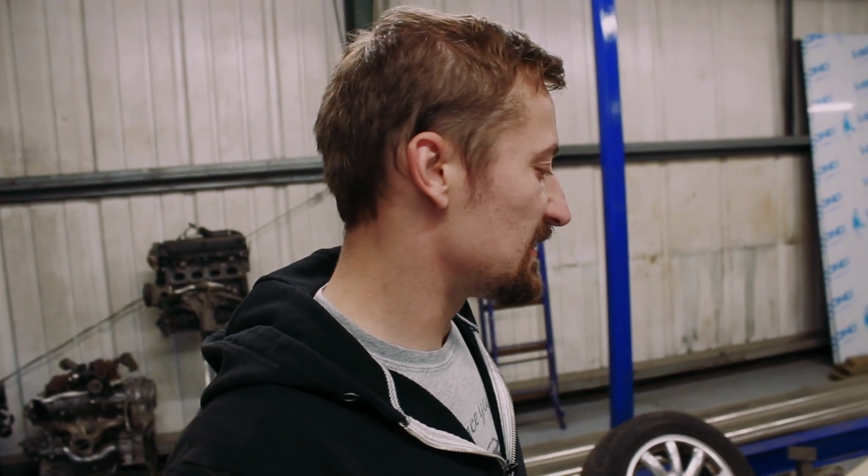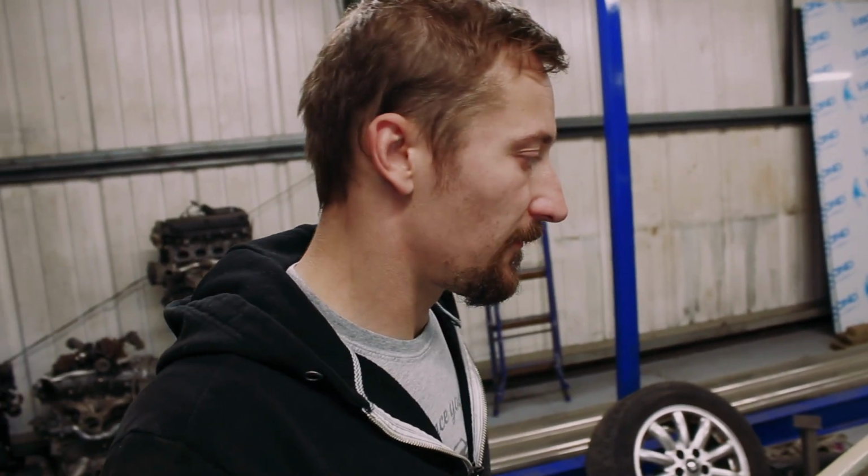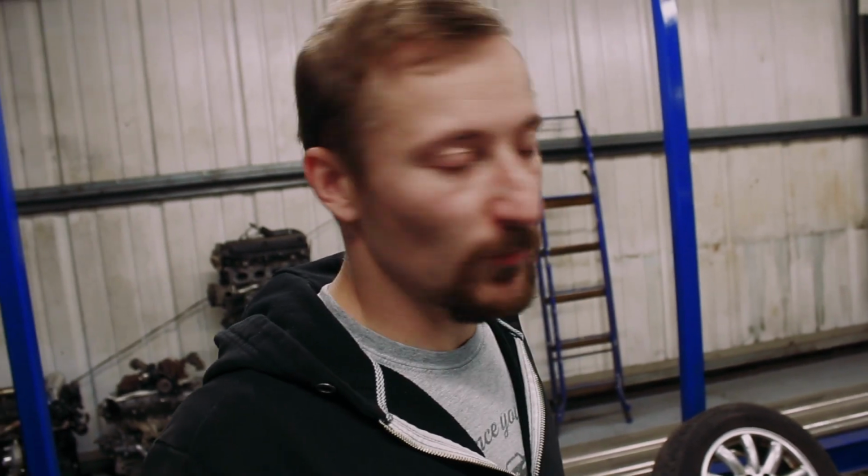Right, so we've got the subframe back in with the shock absorbers this time, and everything fits fine as I kind of thought it would. There's nothing really in the way for anything to actually hit yet, other than a couple of little bits of the old floor that are still in the way of the spring, but of course they'll be gone in the end anyway. So now we've got the struts in, the strut tops and towers in, I can start to begin to imagine what the boot floor might look like,